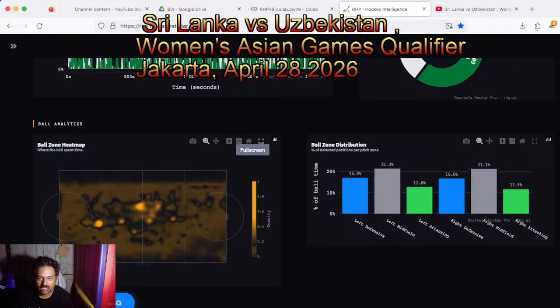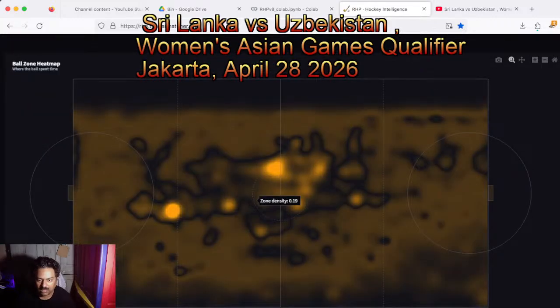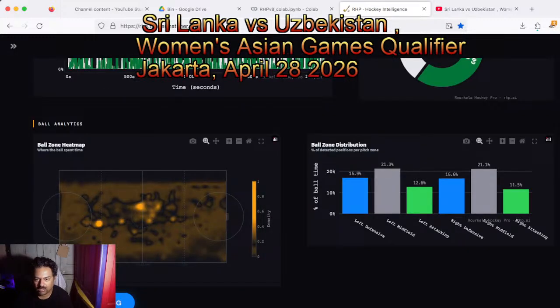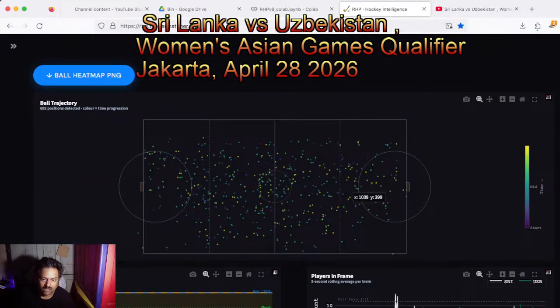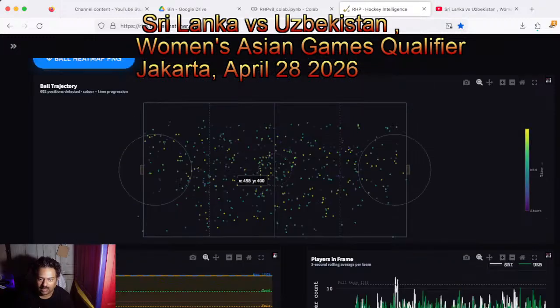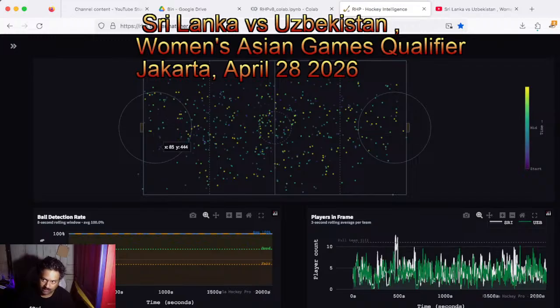If you want to see the direction, you would see a lot of ball play density happening in the midfield, and there are some hot zones here, which show open play. Left midfield, right midfield, again a lot of time spent in the midfield. Next highest was left defensive and defensive, so they were sort of attacking and counter play in the game. The ball trajectory shows again that as the game progressed, it was quite an attacking game, and the ball was in both halves. The start part is the purple part, the end part is the yellow part.